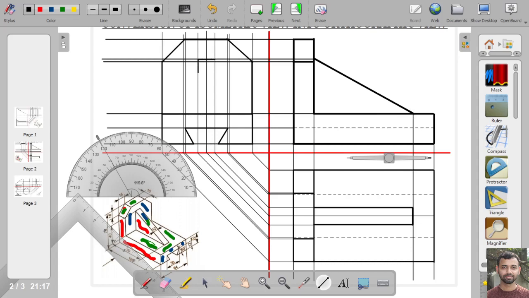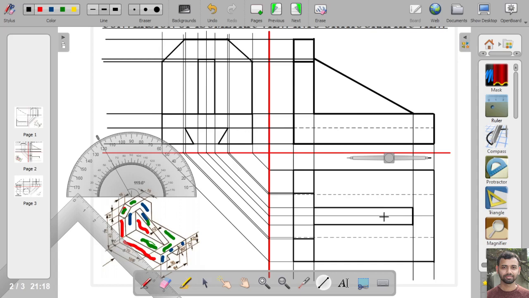So now we will connect these points. Okay, so we have got the side view. Okay, so this one is the side view, this is the front view, and this is the